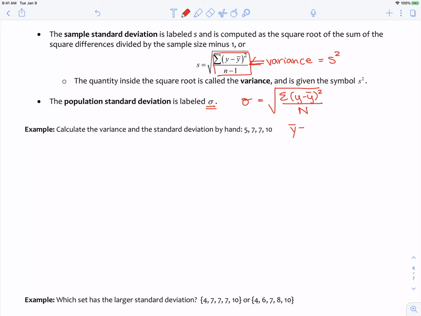So y bar is going to be 5 plus 7 plus 7 plus 10 divided by the number of data values, which is 4, and so that's going to come to 7.3. And again, we don't have units specified, so I'll just use the term units. All right, so now I'm going to calculate the variance first. Whenever people do these calculations by hand, it usually happens that people forget to take the square root for the standard deviation. So it's easiest just to do the inside and then take the square root of that result so it's not lost somewhere in the process. So we have s squared,